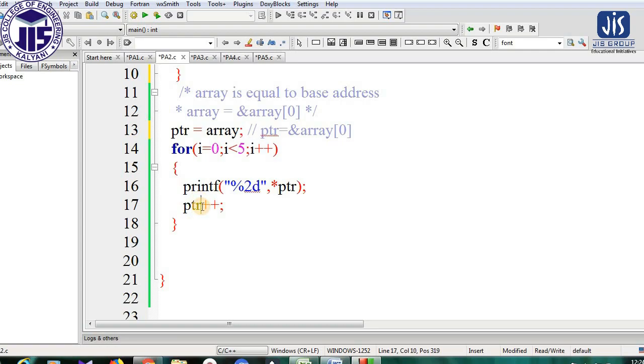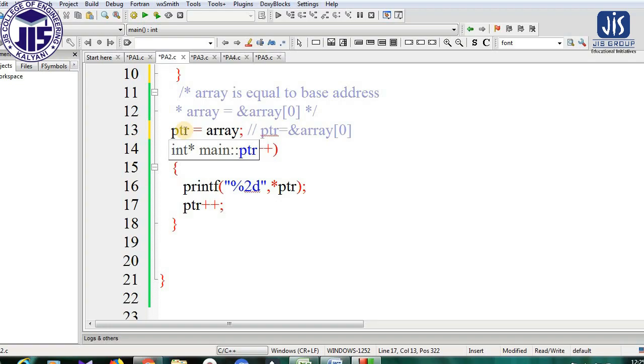Now after that we just perform the increment operation on the pointer. The increment operation on the pointer, that also we have discussed in the previous lecture, that if we perform increment operation, it will increase the value of the pointer by 2 or by 4 depending on the compiler, because as this pointer is an integer type pointer, the data type of the pointer is integer, and each integer will take 2 byte or 4 byte depending on a compiler.